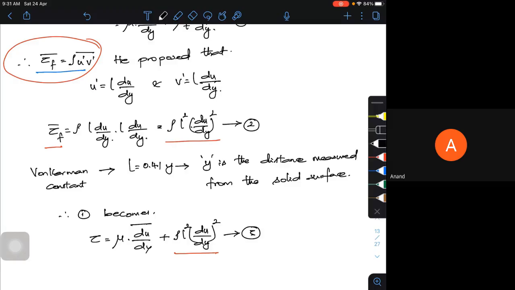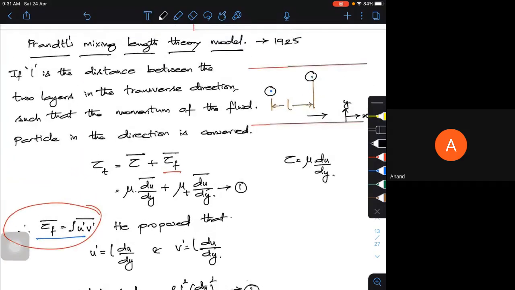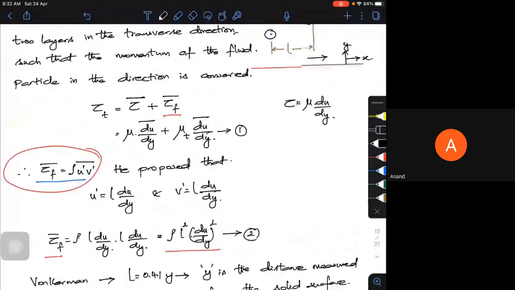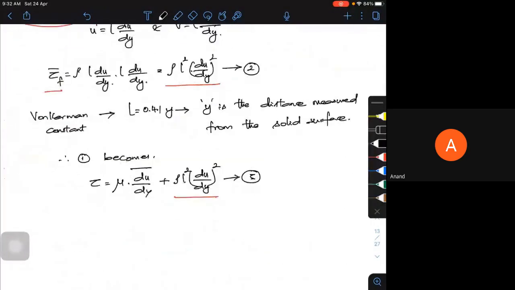Such solutions are proposed by different equations, what we call k epsilon or k omega, whatever it may be. One such proposal was from Prandtl, to take care of the fluctuating component of the shear stress. So this is about the Prandtl mixing model. You need not do the derivation, as it will run to more than a couple of pages, but you have to understand that I take that particular part, convert it to one particular form, and put it in the Navier-Stokes equation to obtain the solution.